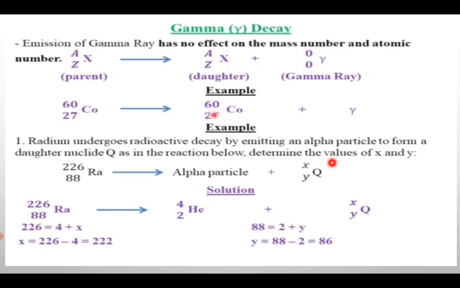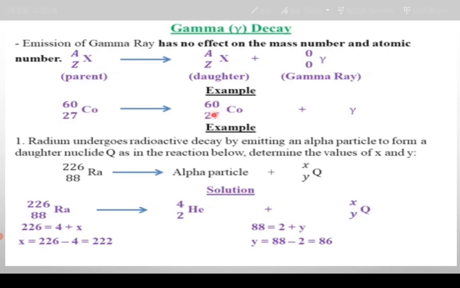Mind you, this is a daughter element, and this is our parent. Radium is the parent. And we are told that it's emitting an alpha particle. So an alpha particle, remember, is